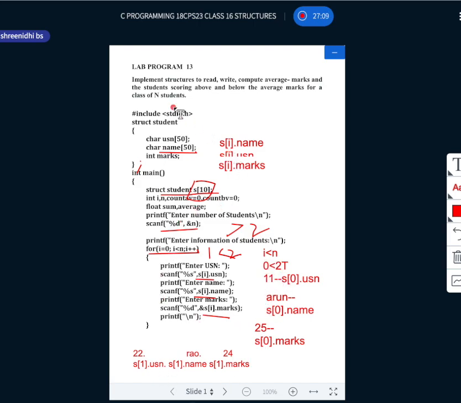I need to calculate the average of the marks. What's the average of 25 and 24? I want the reply. It will be 24.5. So I need to tell the count of how many members are below 24.5 and how many are above 24.5. We'll see in the next slide.